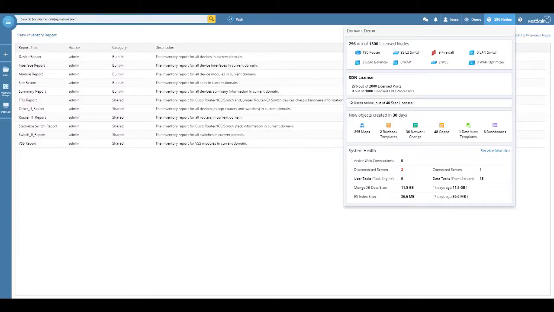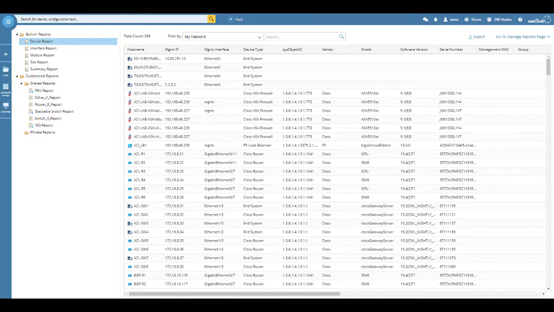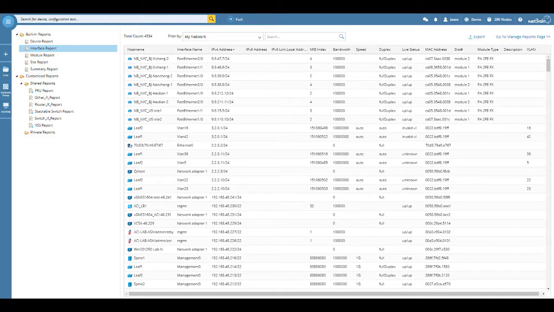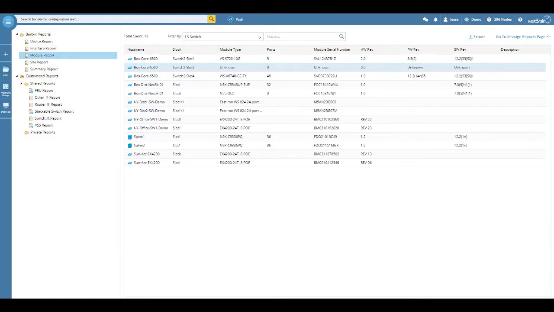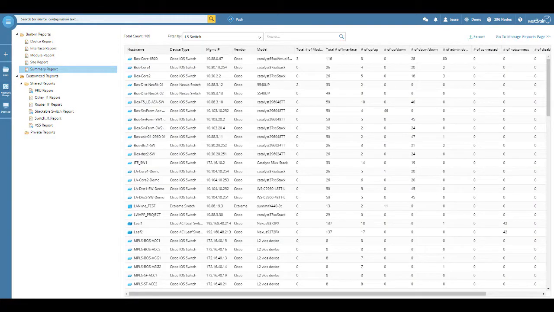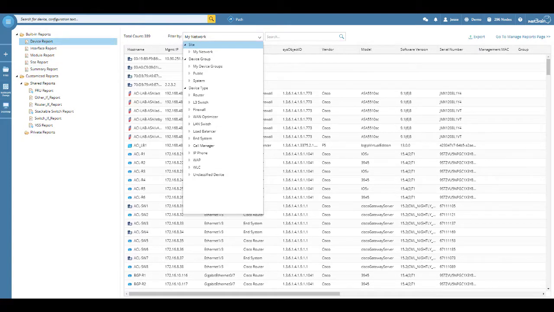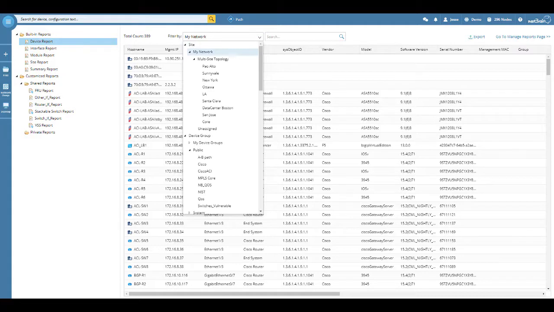Once NetBrain discovers all the assets in your network, it will automatically organize and catalog these into inventory reports. The NetBrain Inventory Report records comprehensive inventory data of your network, including device data, interface data, module data, and site data. You can use built-in reports as templates to export or customize your own reports by specifying device scope and